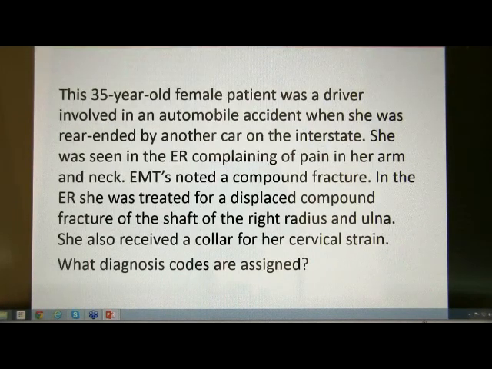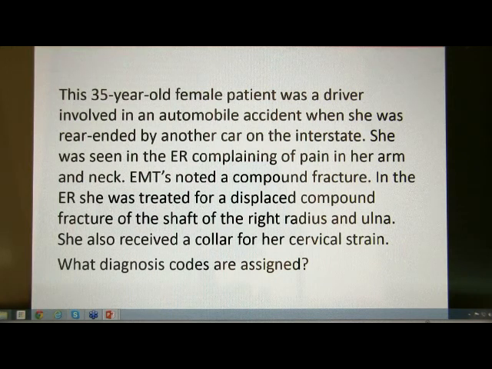35-year-old female patient driver involved in an auto accident. She was rear-ended on the interstate. She's seen in the ER complaining of pain in her arm and neck. EMTs noted a compound fracture. So in the ER, she's treated for a displaced compound fracture of the shaft of the right radius and ulna,